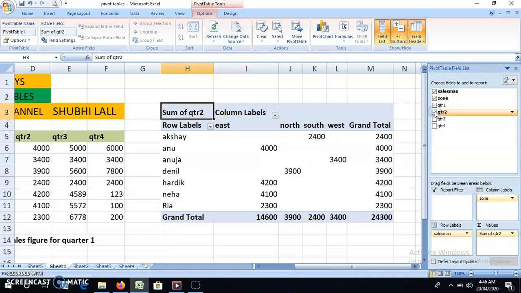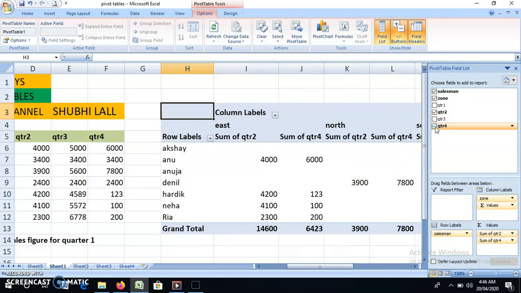Now this is about quarter 1. I am going to quarter 2. Let's see what is happening in quarter 2. Again, you can see this east is having a lot of data, but north, south and west are again not much covered. So that way we have to think that. So this is how we try to understand the data. Now I am going to quarter 4.